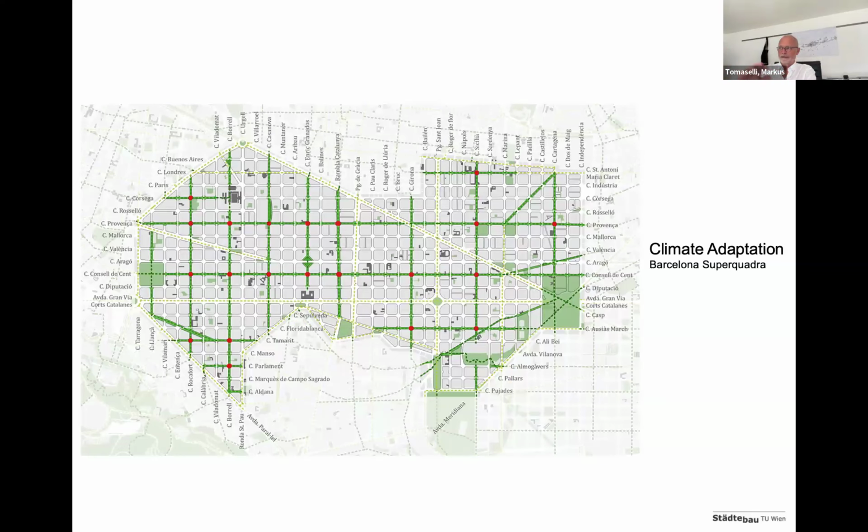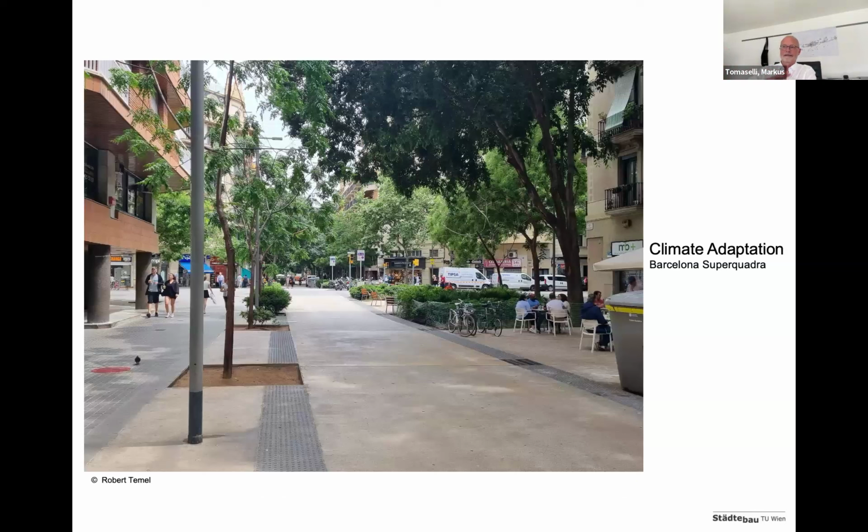You know about Barcelona's superblocks. This is a very similar approach to what we have in many other cities. We also try to copy this kind of approach nowadays in Vienna in some very heavily sealed and very densely built up areas of the city,